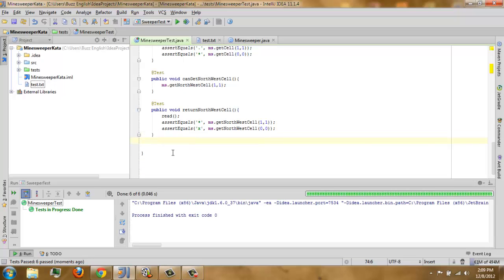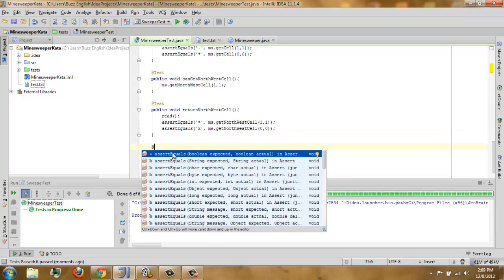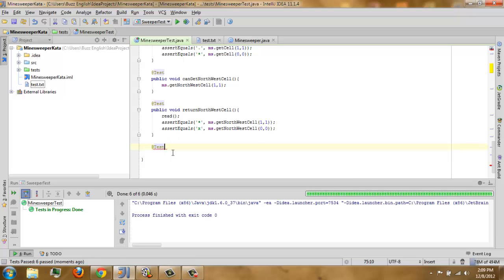Next after northwest, we have 7 more to go. So next is north. Let's make it fast. Still 7 left for the neighbors. The same, we're going to ask our Minesweeper if we can get north cell.